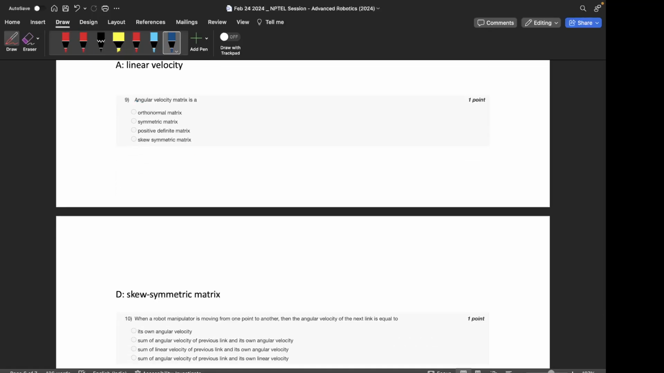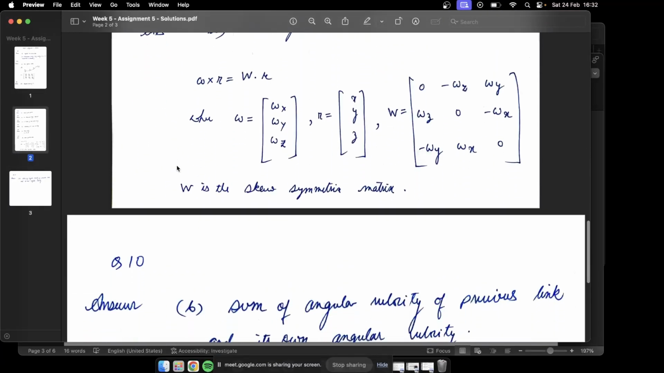The ninth question is, angular velocity matrix is which type of matrix? So angular velocity matrix is a skew symmetric matrix, and skew symmetric matrices are interesting, right? They are interesting because